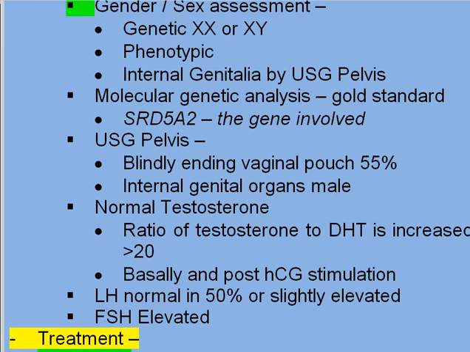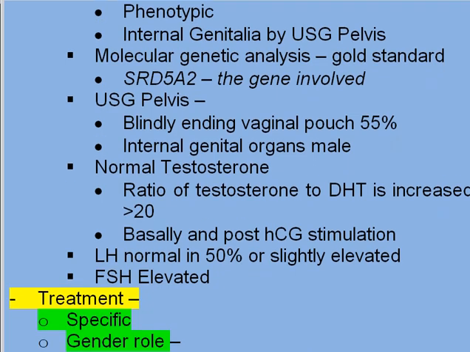The testosterone level will be normal. However, the ratio of testosterone to dihydrotestosterone is increased, and it can be greater than 20. Basally and post-HCG stimulation test is used to perform. LH levels are normal in 50% of the patients or slightly elevated. However, FSH is elevated. Treatment is,